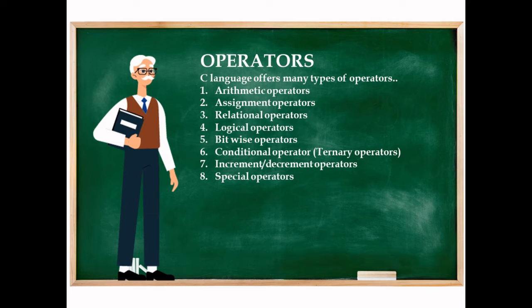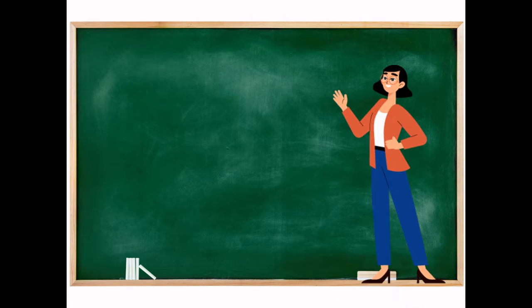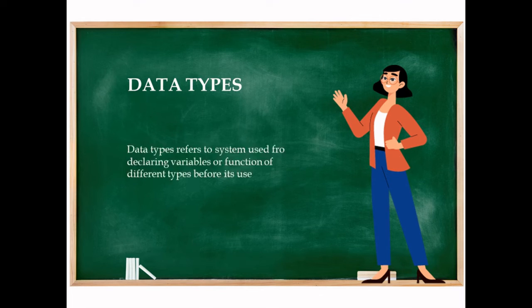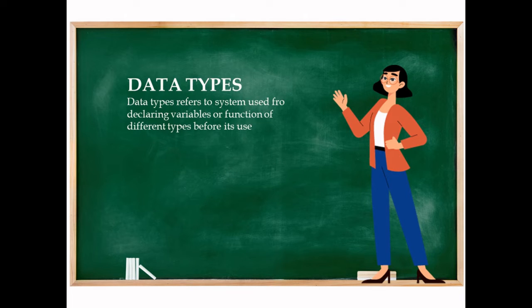Now, we will move on to the most important concept in the C programming language, that is data types. C language is rich in its data types. Storage representations and machine instructions to handle constants differ from machine to machine. There are a variety of data types available for the programmer to select the type appropriate to the needs of the application as well as the machine.